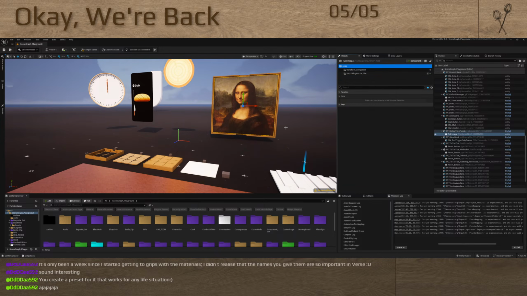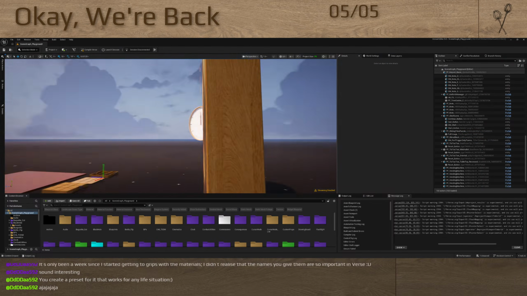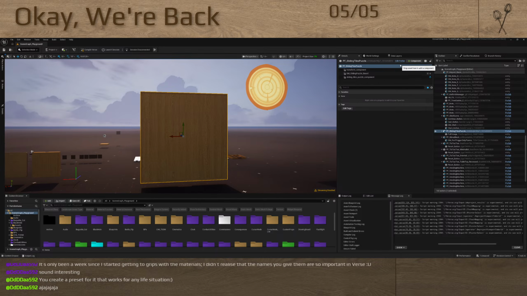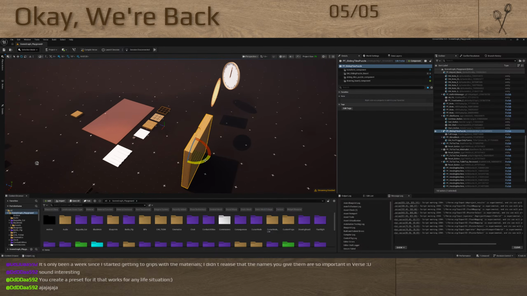Actually, I changed my mind. I'm gonna, on the board here, add a drawing board component. Right, and then I'm gonna turn around,